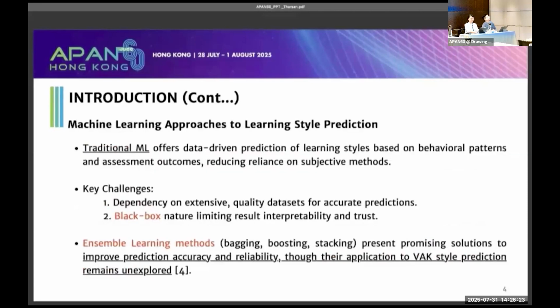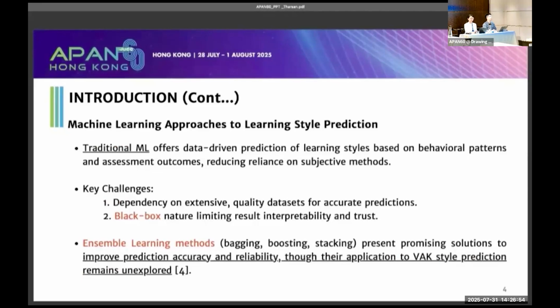Machine learning approaches to learning style prediction. Traditional ML offers data-driven prediction of learning styles based on behavioral patterns and assessment outcomes, reducing reliance on subjective methods. Key challenges: dependency on extensive quality data sets for accurate prediction, and the black box nature limiting results interpretability and trust.